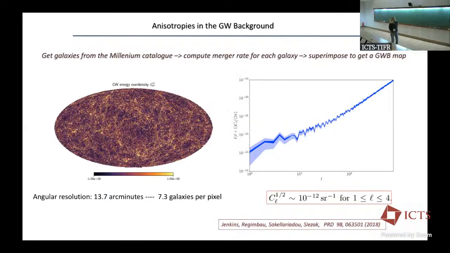By considering the only available galaxy catalog, we were able to do the equivalent of the CMB map for a galaxy distribution. And this is what we have found. It's interesting to notice that if you take different astrophysical models, they will not give a difference in the anisotropies that you are going to get. We found that for CBCs, and we found that for cosmic strings as well.